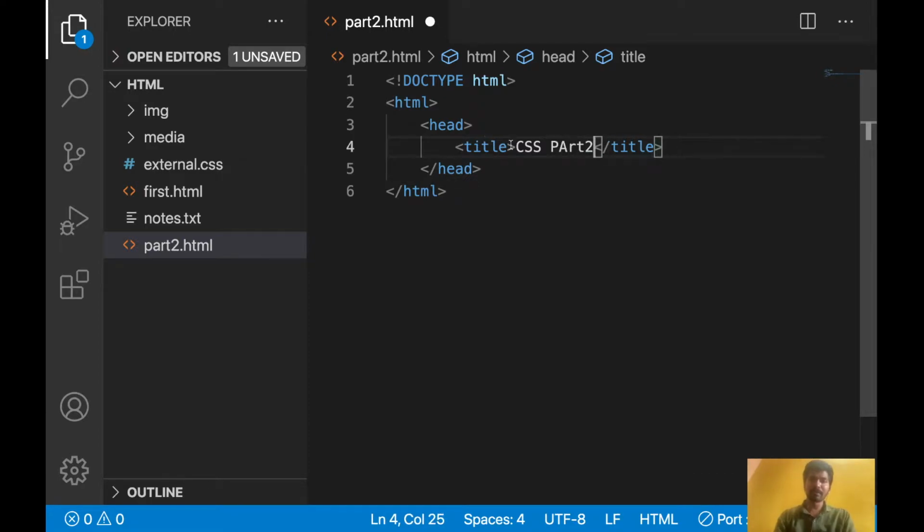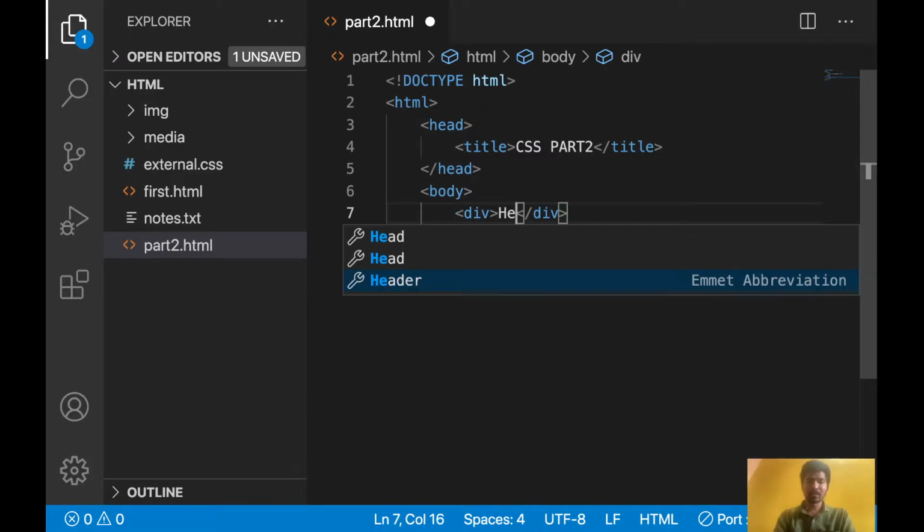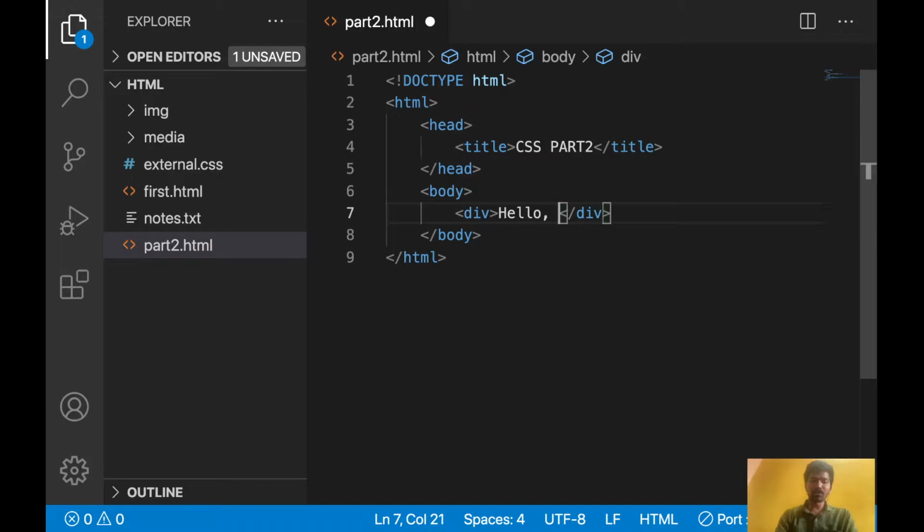After the head section, the body section will start. In the body section, let's write some block level elements: Hello, I am block level element.